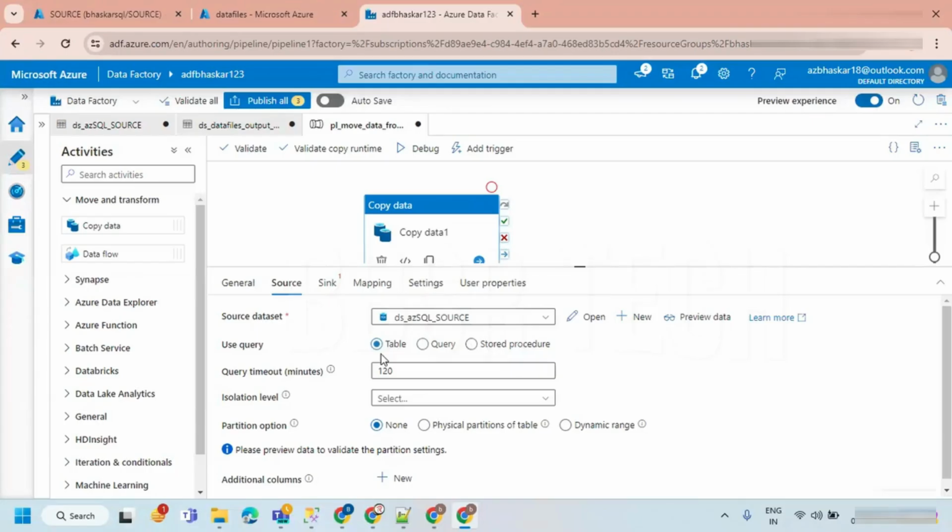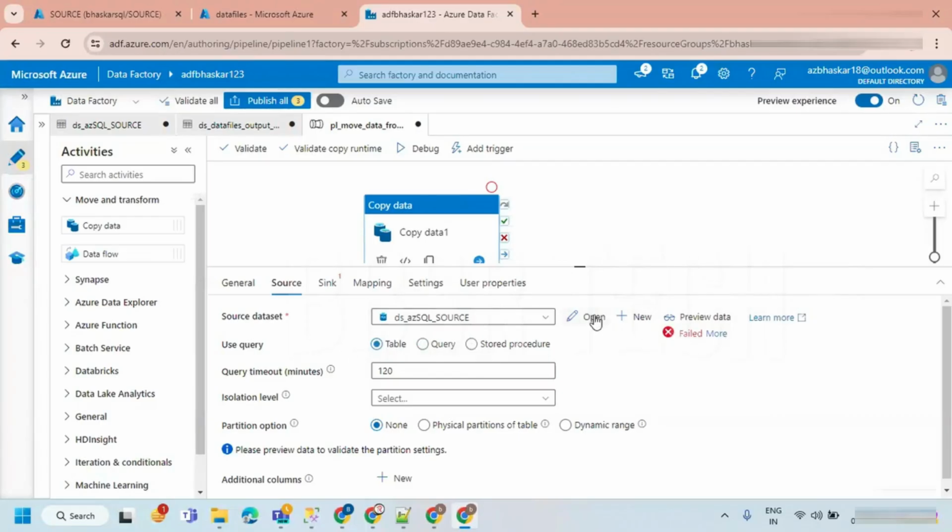So in real time, we are not going to use table most of the time. I always recommend you to write a SQL code. Even from a single table, you can just say select and list of columns and give the from table name. If I wanted to take this table, then definitely you have to point to the table, because the data set is not pointing to a table.